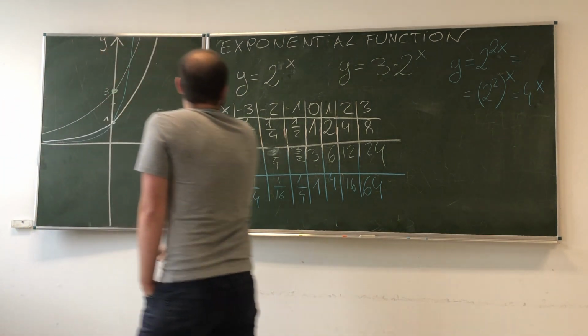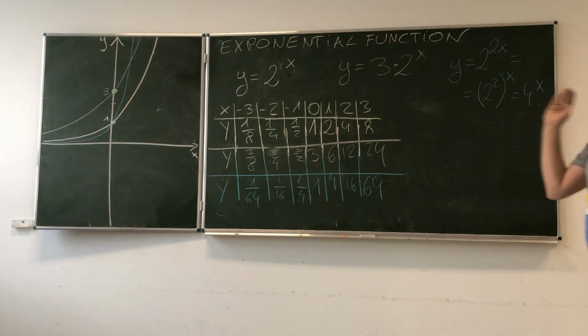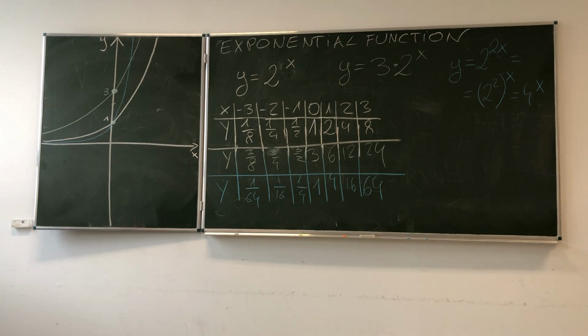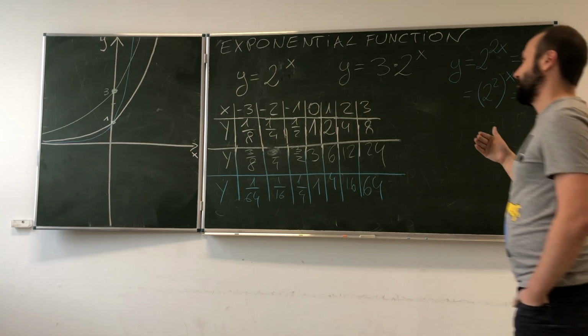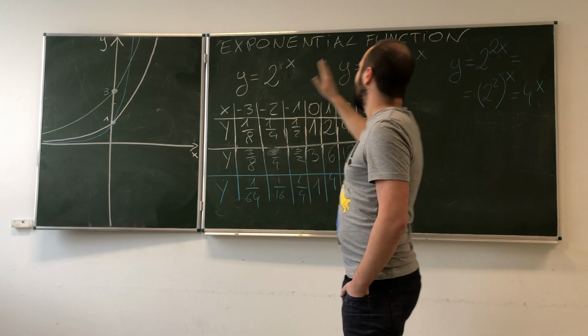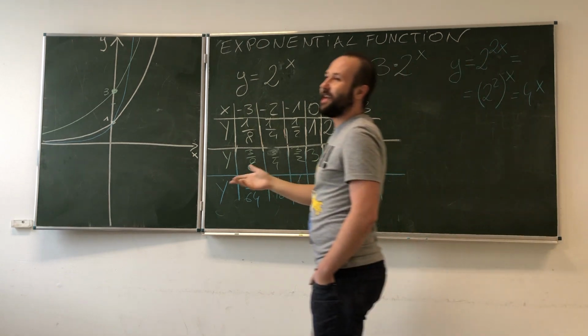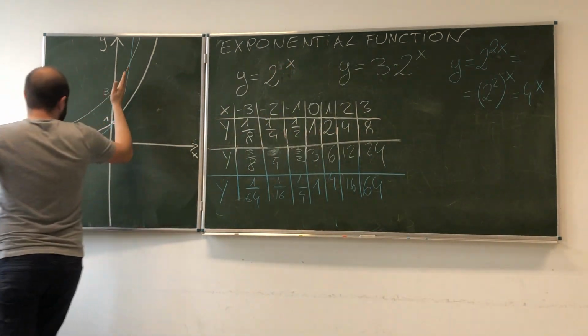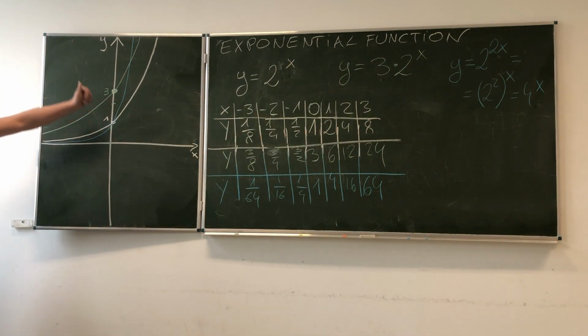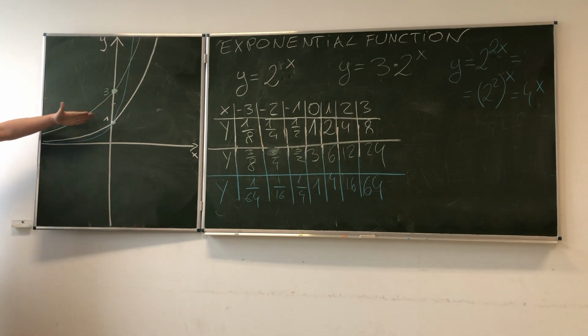Well, no, they can't, because look, there is no power. Will they go below 0? It is impossible to take 2 to any real power and obtain a negative value. So we see clearly that those values will be getting closer and closer and closer to 0,